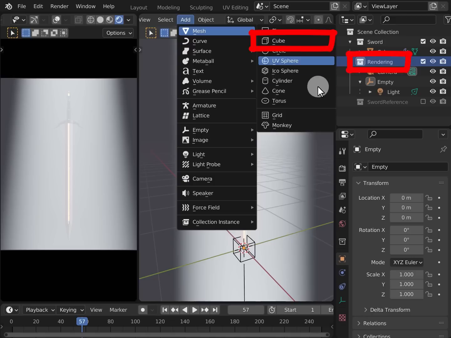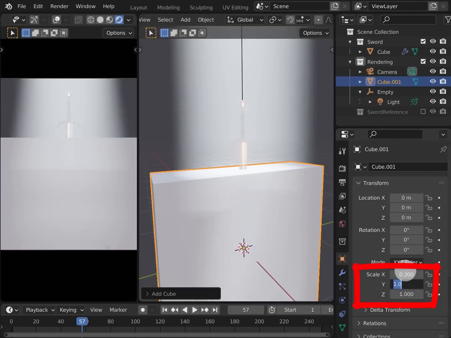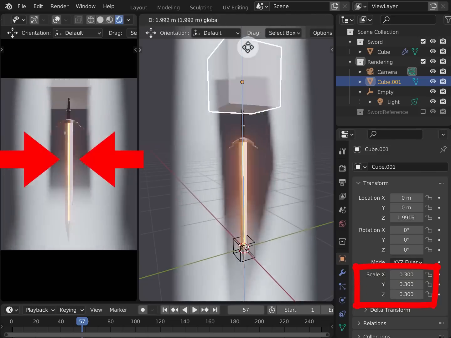Any mesh would work. In this case, we're going to stick with a cube because a cube has nice harsh shadows that we're going to use to mimic rocks. Now by default, the cube is going to be a little bit big, so I'm going to jump into object properties and set the scale to 0.3 in X, Y, and Z. Then I'm going to move it up and immediately start to see that the cube is starting to cast shadow